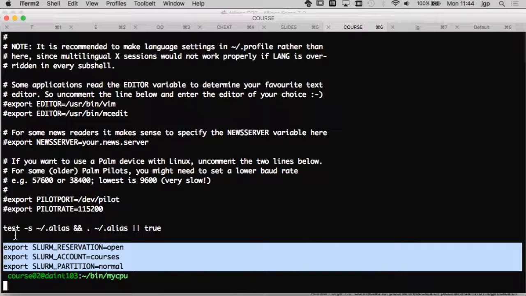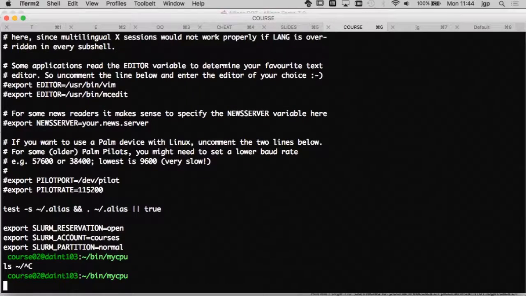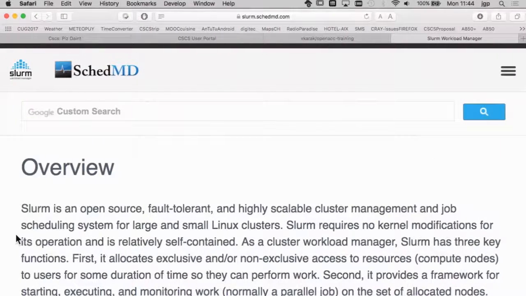Then it will be easier to submit jobs. You can find a script inside the exercise that will do exactly that. Before I show you how to run the job, we are using Slurm to run jobs on the compute node. It's a very popular job scheduler.